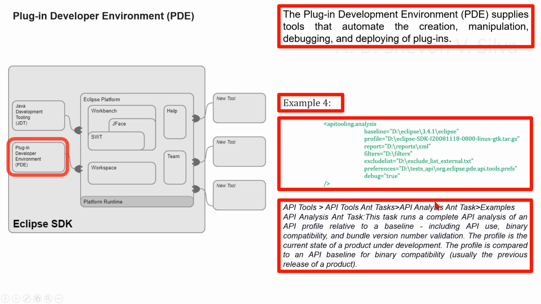Now we are considering examples in API analysis, the Ant task in API tools. This task runs a complete API analysis of an API profile related to the baseline, including API use, binary compatibility, and